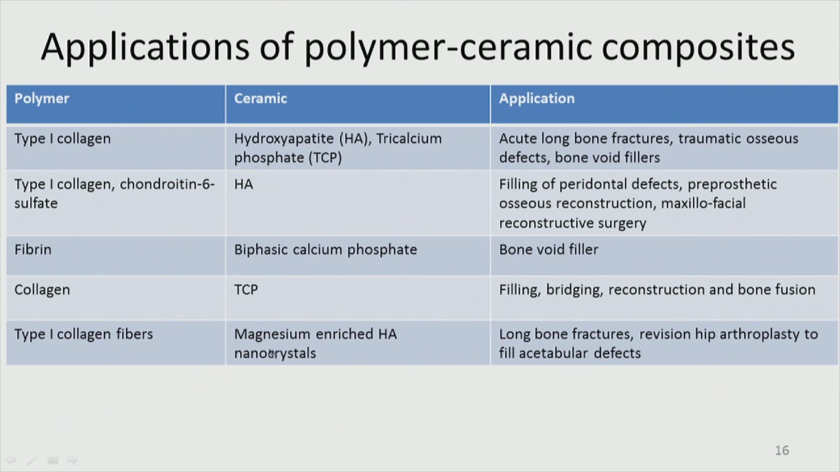Collagen magnesium enriched hydroxyapatite nanocrystals. Okay. So, magnesium is also bioresorbable. Okay. So, we can think about long bone fractures, hip arthroplasty to fill acetabular defects. So, you see we can use calcium phosphates, tricalcium phosphates, we can use hydroxyapatites, okay, calcium phosphates with collagen generally for bone applications, filling up of voids,